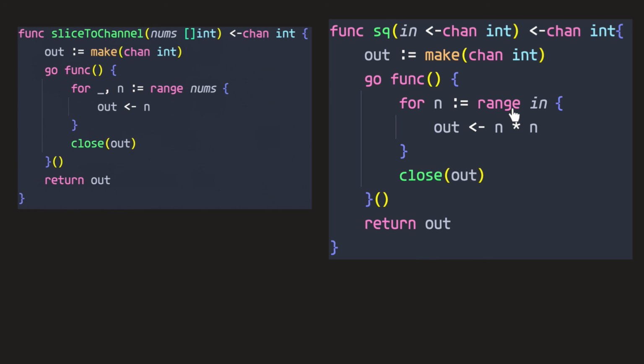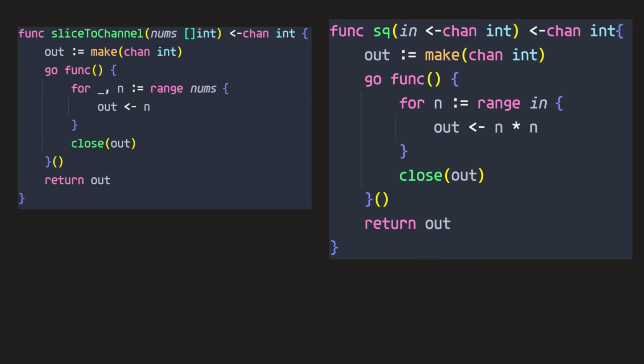And it'll keep doing that until this channel is closed, which is why after we put all of the nums onto the channel, we close this one, because when we close it, this range here is going to receive that close, and it's going to know that this for loop can stop. And then once that happens, we know that we can close our channel here as well. So that's what's happening between these two functions, or these two